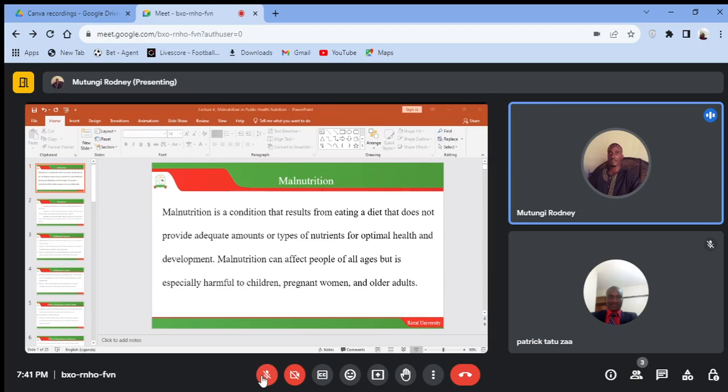Then the age, physiology, or how your body is going to process this micronutrient can also be evaluated when you go to the hospital. And then for us to monitor the effectiveness of